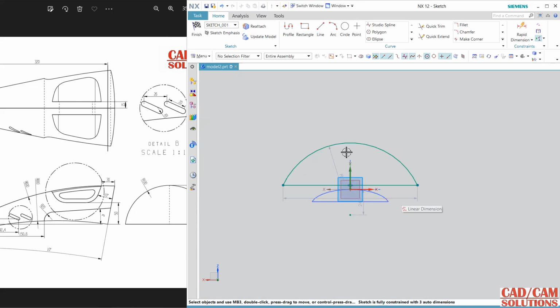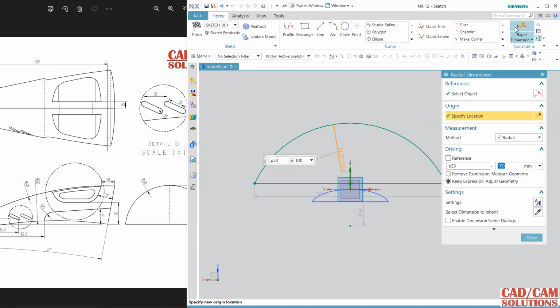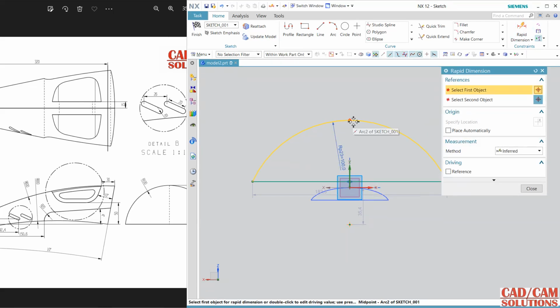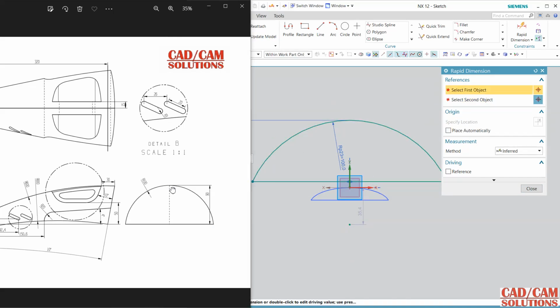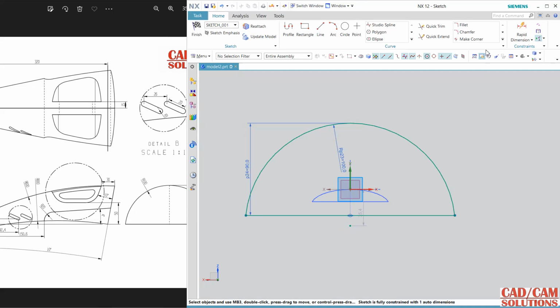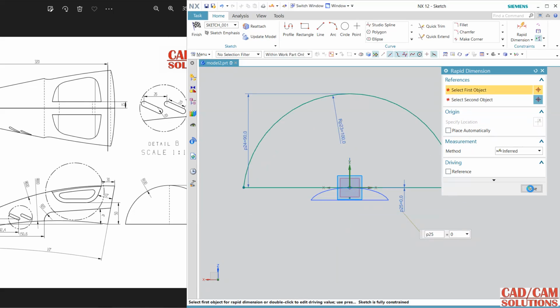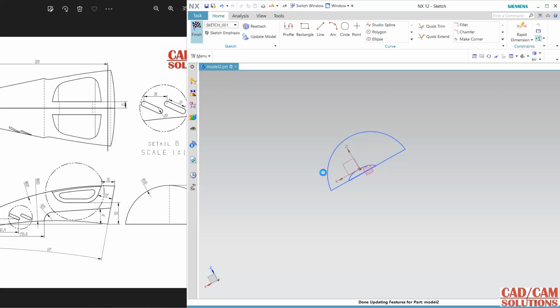Now dimension it, and the radius is 100, and from rapid, distance between this point and this, it is 90. So change it to 90. Close, and make this distance, means from this point to this horizontal, this gap is 0. Close. So both sections I have defined.